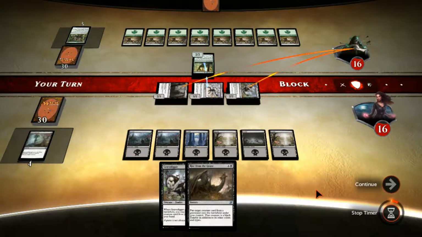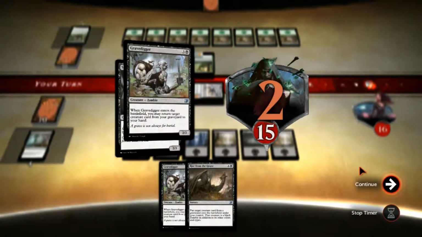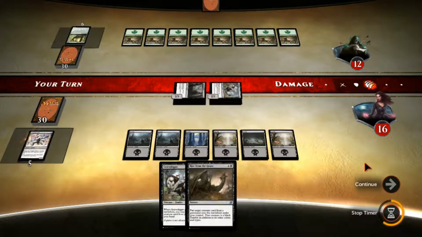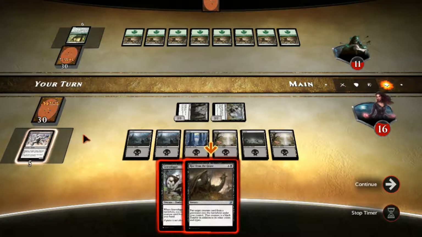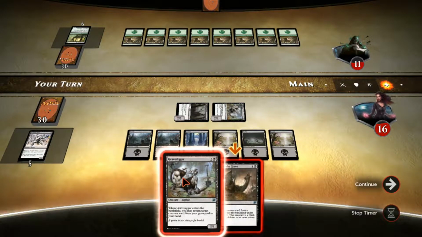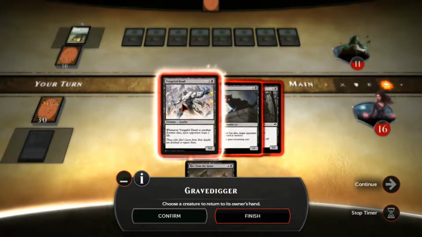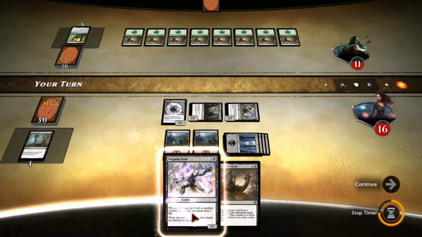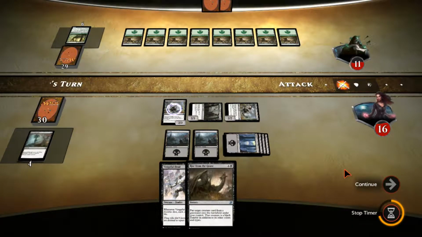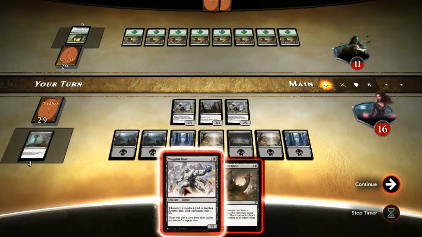Okay, they block. And they trade. Alright. So they lose a life because of the ability of that guy. Now we're going to go ahead and Gravedigger. And let's get back our Vengeful Dead. Why not? Yep, got him back. So now they have 2 cards in hand. I'm hoping they don't have one of those whatchamajiggers. The things that can only be...